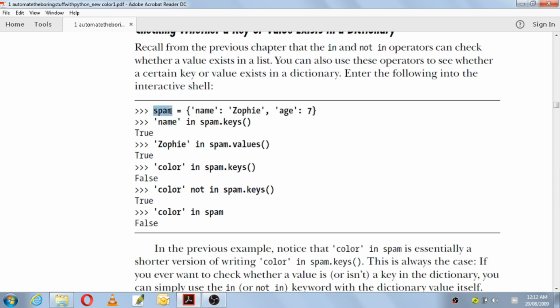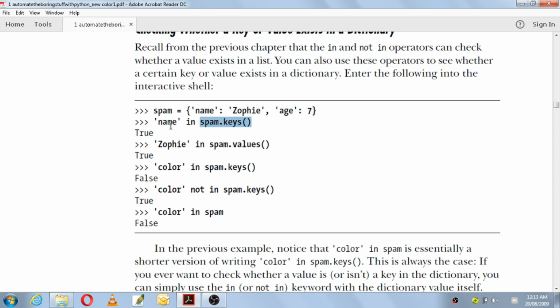Here we have a variable spam, and to this variable we have assigned a dictionary. What is the key here? The key is name and the value is Zophie. Here the key is age and the value is 7. Next, you are checking whether the key name is in spam.keys.